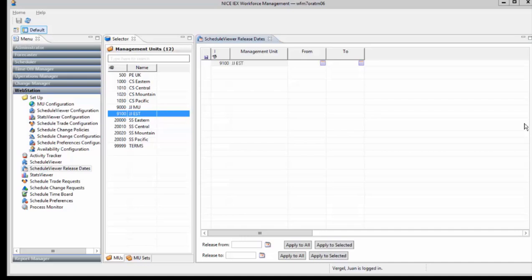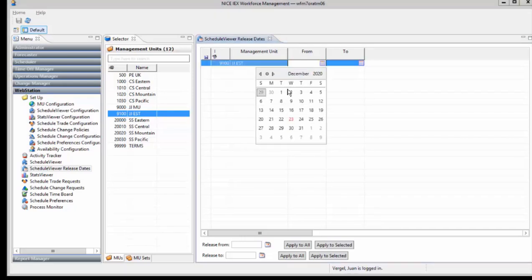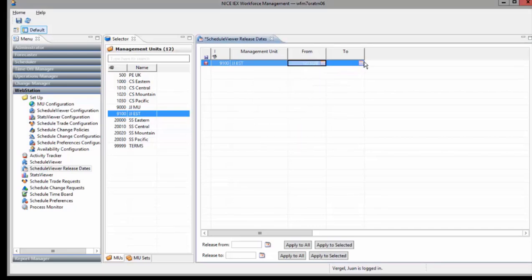And then by default, the system is going to show these two columns as empty, the from date and the to date for when we want to release the schedules to the agents. So to set up the date range, we just have to click here on the calendar icon. I'm going to select, for example, December the 1st to December 31st. So the agents from this MU will be able to see their schedule only for December. So I save changes